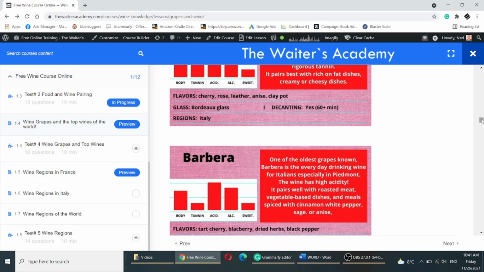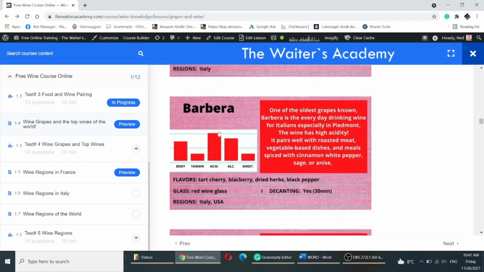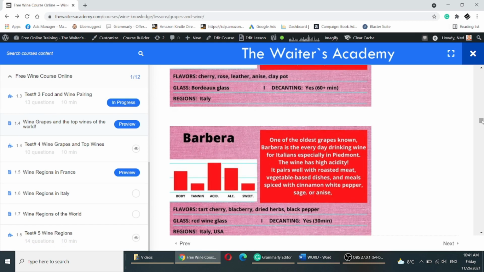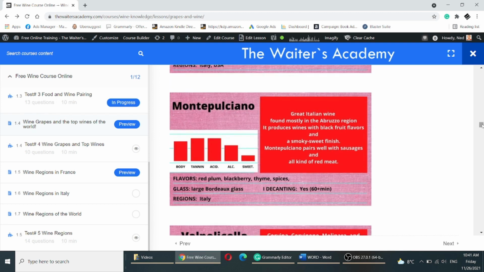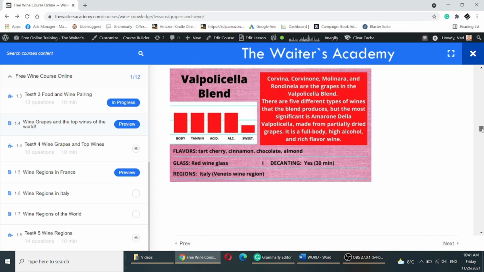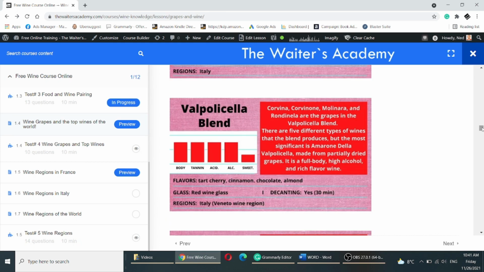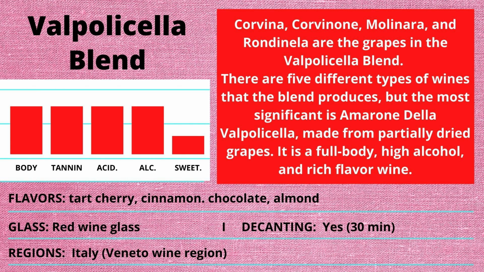Barbera is a very popular wine in Italy, also from the Piedmont region. Italians have a saying that they are drinking Barbera while they are waiting for the Barolo and the Barbaresco to age, because they have to age for 4 years. Now, Montepulciano is another Italian wine that's very popular in Italy. Then the Valpolicella Blend. I will stop here a little bit because the Valpolicella Blend is a very interesting thing by itself. All right, so Valpolicella Blend is produced